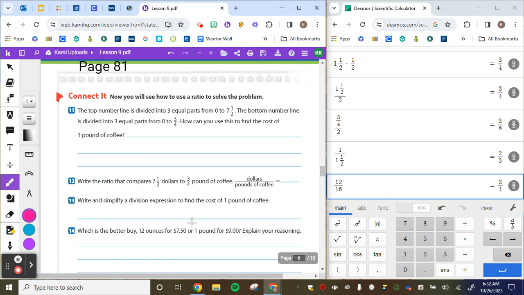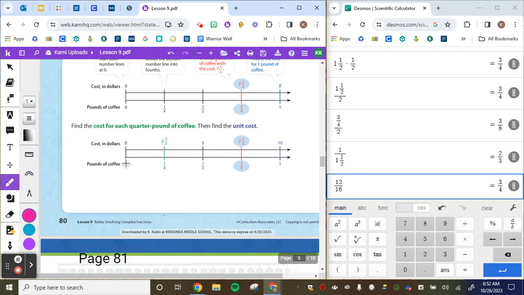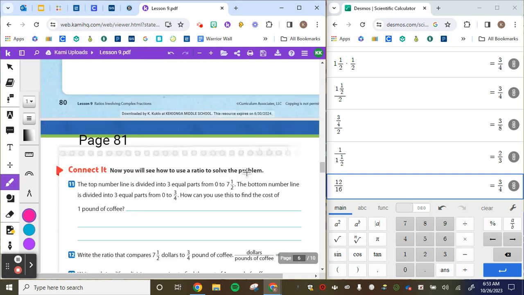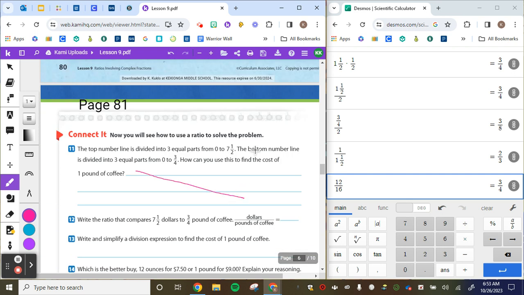So question 11 says the top number line is divided into 3 equal parts from 0 to 7.5. The bottom number line was divided into 3 equal parts from 0 to 3.5. How can you use this information to find the cost of 1 pound of coffee? Well, you would have to find just 1/3 of each of those numbers to find each of those place values. But you don't have to write in number 11 because we are going to solve it a little bit different